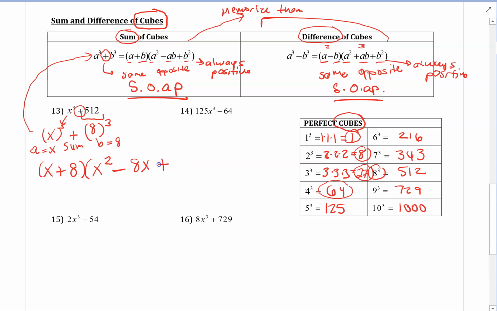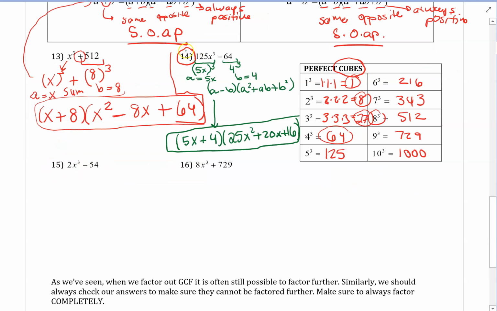The last sign is always positive, and I square 8. And that's my answer for number 13. So why don't you guys try number 14? So in 14,